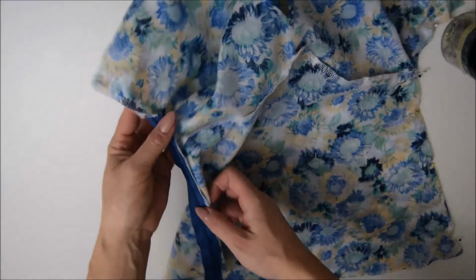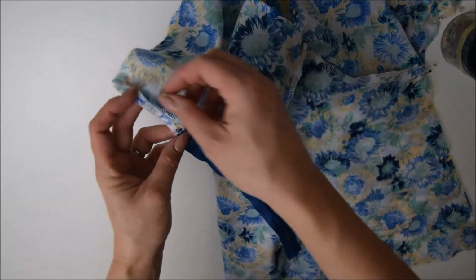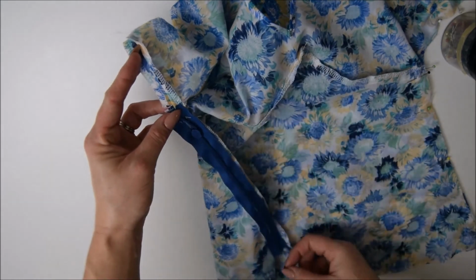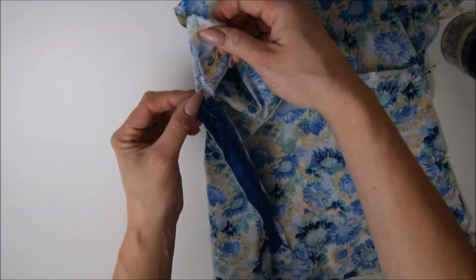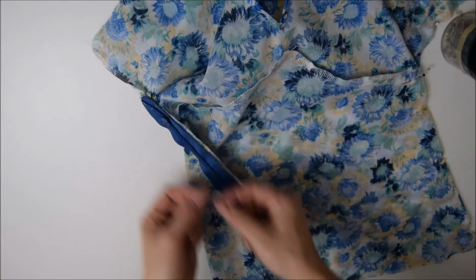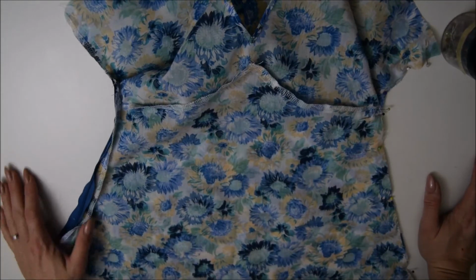And then if you're going to do it for the zip, you would do the bias tape finish down that side of the seam allowance, and then you do the bias tape finish down that side of the seam allowance, and then you can press them open, and it looks absolutely beautiful. If you have a look in the pattern, that's in the full version of the pattern